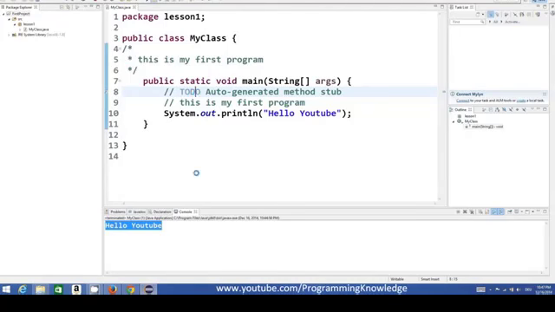So I hope you have understood the basic things about this ecosystem of Eclipse and creating the project,